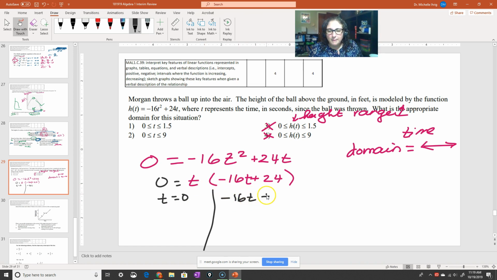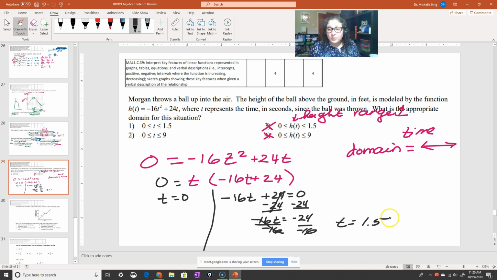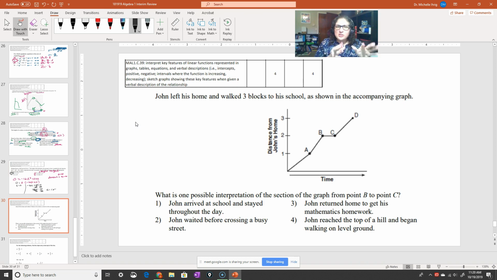Negative 16t plus 24 equals 0. So I'm going to subtract 24 from both sides. That leaves me with negative 16t equals negative 24. And then I don't feel like doing this math in my head. I can estimate the answer, but on my trusty calculator, I've got negative 24 divided by negative 16, and I'm left with 1.5, which is my answer. These are eliminated. t equals 1.5. So that means my answer is 1. Okay, so sometimes it's just solving and moving on. All right, here I think we've got 3 more problems and then we're good.